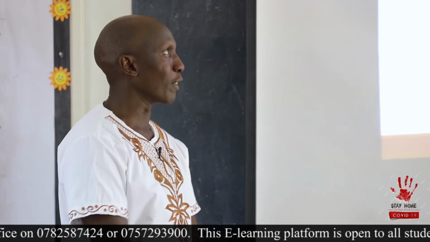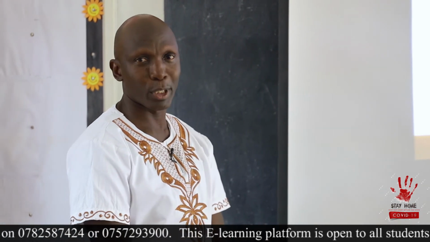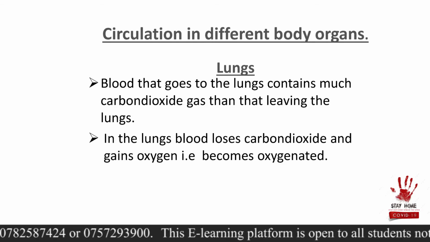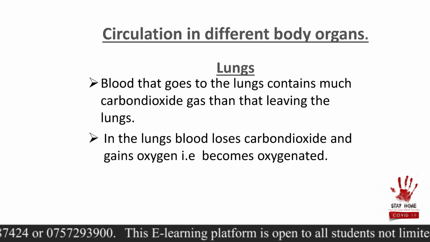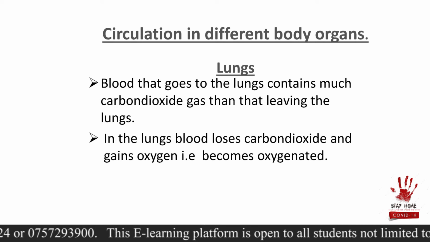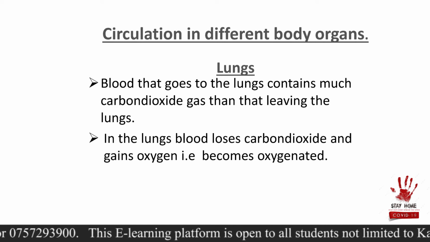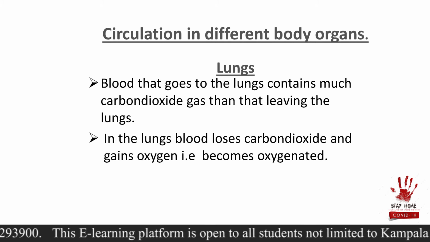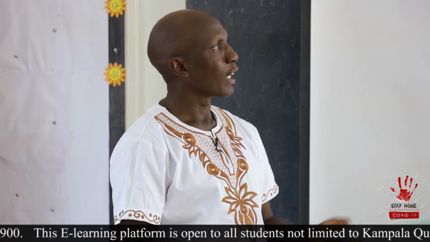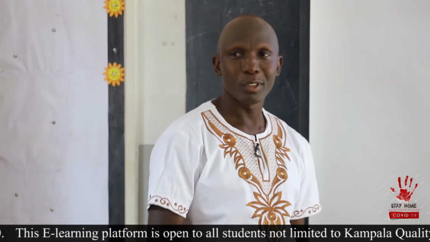Fine, look at that. The first one, we have the lungs. I've already explained this one to you. The blood that goes to our lungs contains a lot of carbon dioxide. A lot of it, and that carbon dioxide, we shall see later on, is a bit harmful to our body. We don't allow it to stay there. So it's going to drop that carbon dioxide in the lungs, and it will pick up oxygen.